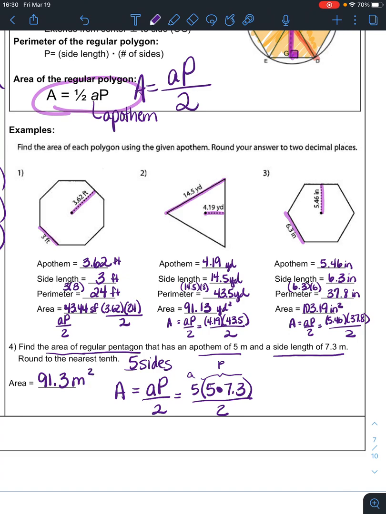So this is new, but it isn't hard. When you want to find the area of a regular polygon, those words are kind of your key to use this, and it says this on the formula chart, regular polygon. It's the apothem times the perimeter of the shape divided by